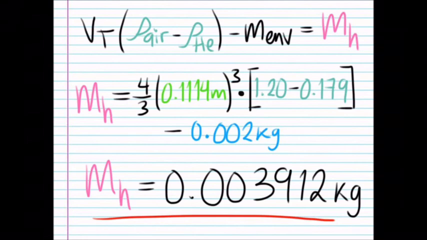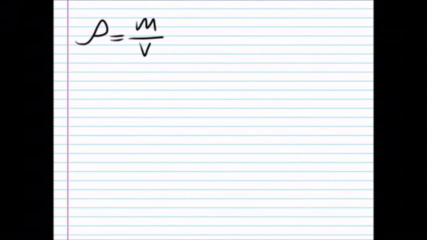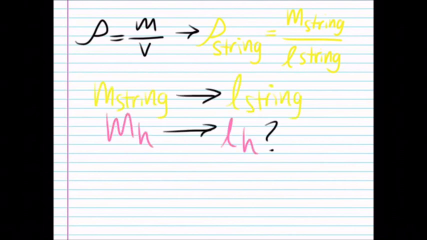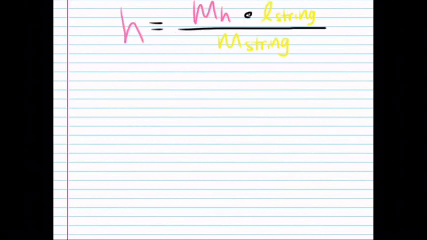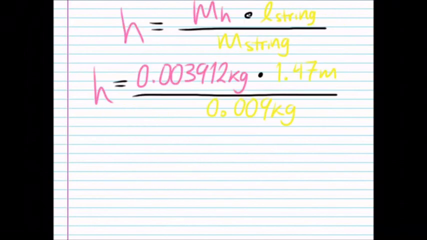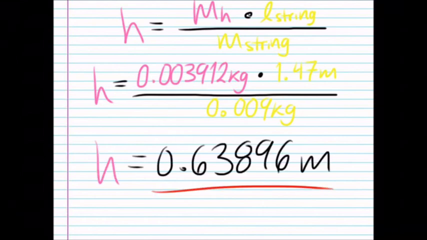The formula to obtain density will be helpful again, as we have data from the ribbon used in the experiment. Its linear density is equal to mass over length. This helps us find a relationship between the total length and mass of the string and the mass and length of the h portion, consequently creating this equation. The last step is to substitute the variables. With these procedures, the value for h that we calculated is equal to